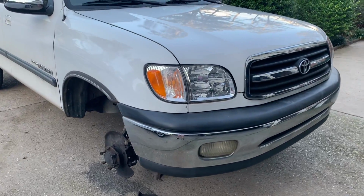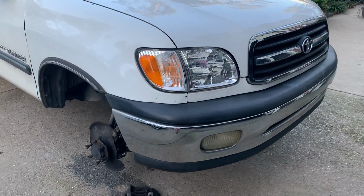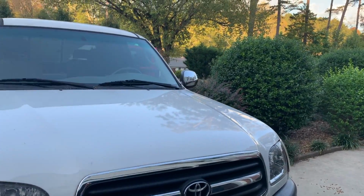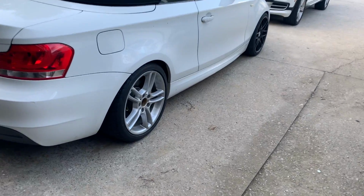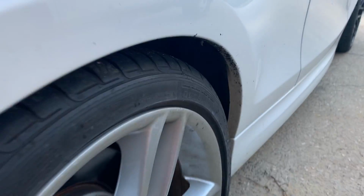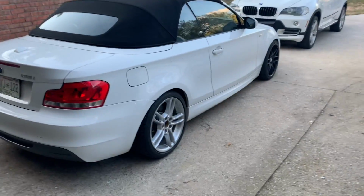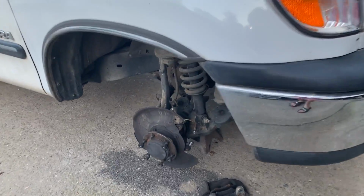So today we are working on a 2002 Toyota Tundra. And for a quick story here, this thing has been wrecked twice. One time when I was pulling my Jeep right over there. But check out the beautiful BMWs. And my brother must have been burning some rubber. Check this out. Oh yeah, look at that. He's got a spare tire on. I did have to go out and rescue him. He shot his tire out, but today we're gonna go ahead and replace our brakes and rotors on the Toyota